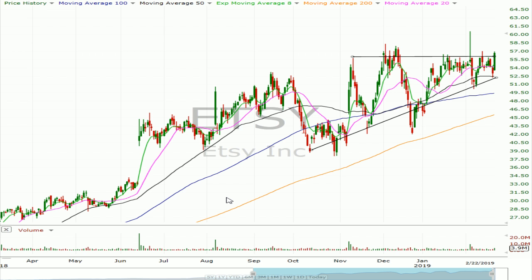I actually tend to get a lot of questions about call flies, or just option flies in general, right? Put flies or call flies. They're a slightly more complex option strategy. So calls and puts are the most basic, and then things build from there. You've got spreads and all sorts of different spreads, and then flies, and then strangles, straddles, condors, and so on and so forth, right? But I end up getting a lot of questions about flies, and